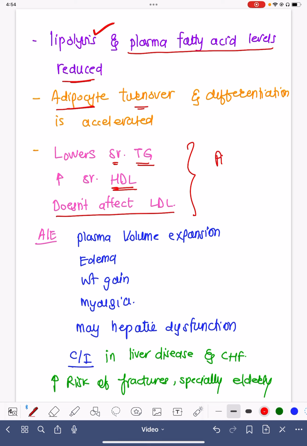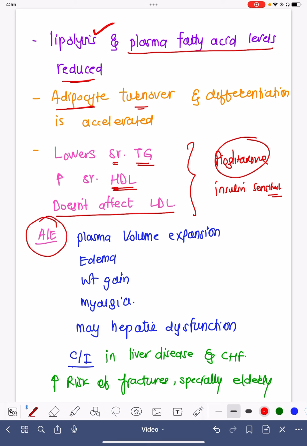That is the reason why this pioglitazone has a few beautiful things: it will increase the insulin sensitivity, it will mobilize the fat, and it will have a positive impact on the fat profile. It will lower the triglyceride, it will not affect LDL much, but it will increase the HDL, that is high density lipoprotein, which is very much essential to reduce the cardiac problems or cardiac events.